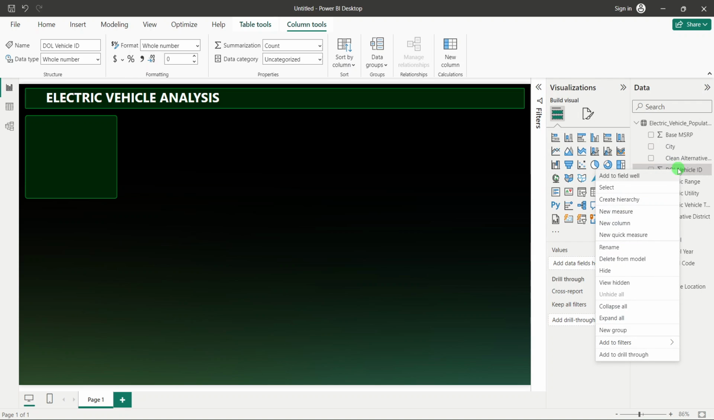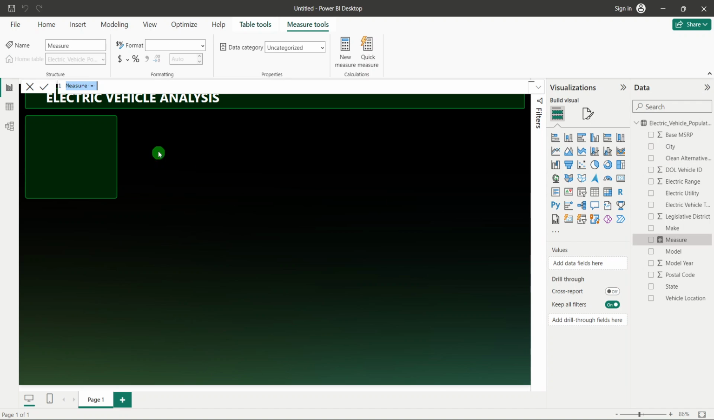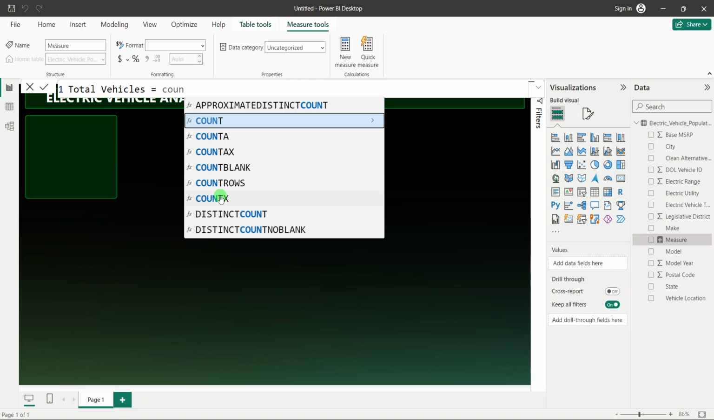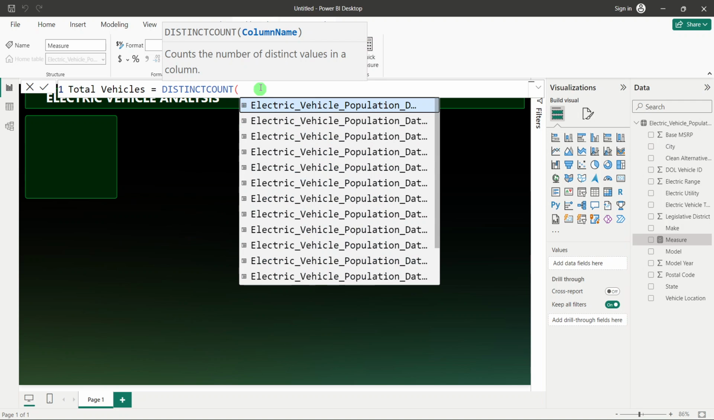So I'll right click over here and click on New Measure, and we will use our DAX over here. I will increase the size and name it Total Vehicles. Okay, and the formula which we are going to use is count. You can use distinct count also. I will use distinct count of DOL